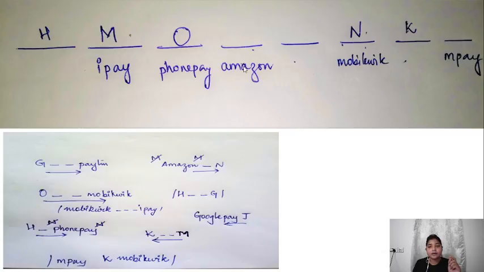I have written Amazon, then N. So near to N there will be no PhonePe. So I cannot write PhonePe here because PhonePe 1 person, then H, but K is there. PhonePe 1 person, K is there, we cannot write H here. So PhonePe cannot be written here. So I have only one place, that is PhonePe here. So I wrote PhonePe, then H.